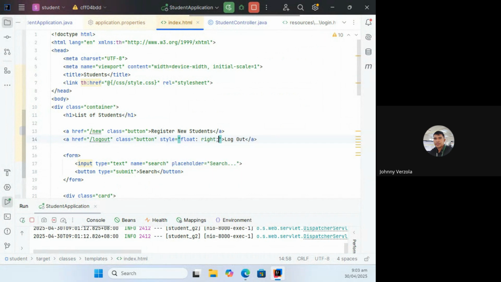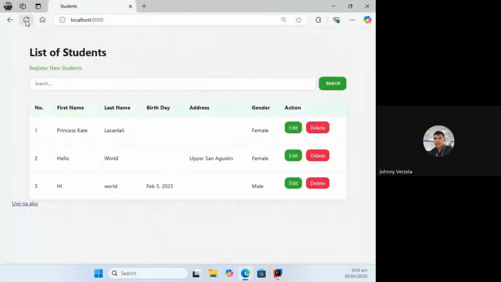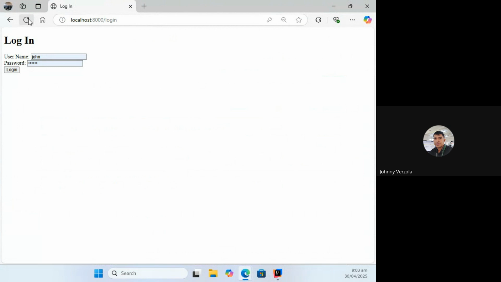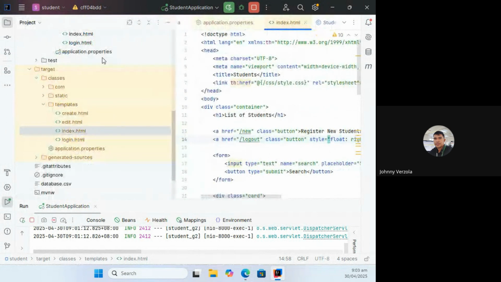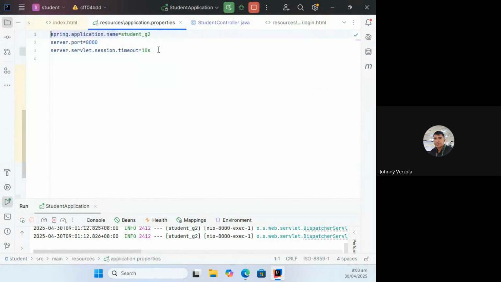Let me just test the session thing. As you can see, it's gone because of that 10 seconds. But technically, a session can last however you like, 30 days, 24 hours, depending on the security needs of your application. For a bank application, of course, that should be a short-lived session. I'm just going to make it 24 hours to make it longer.